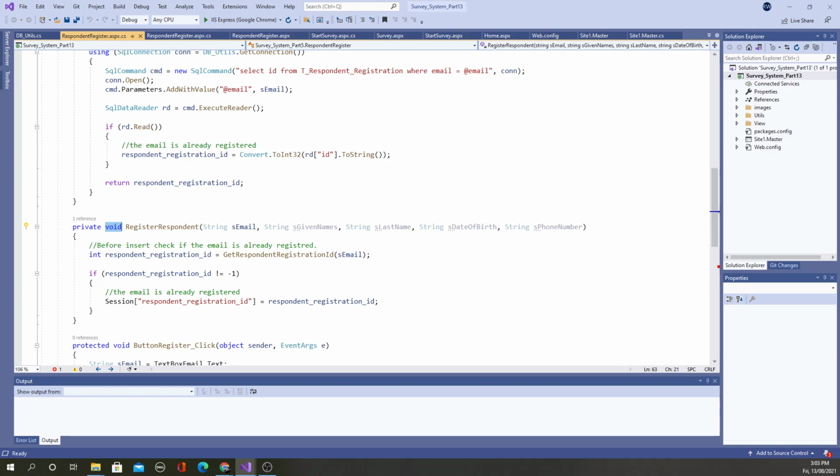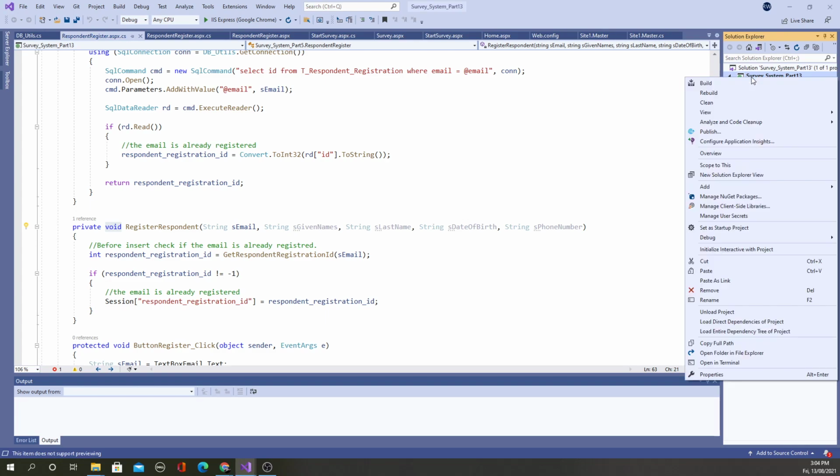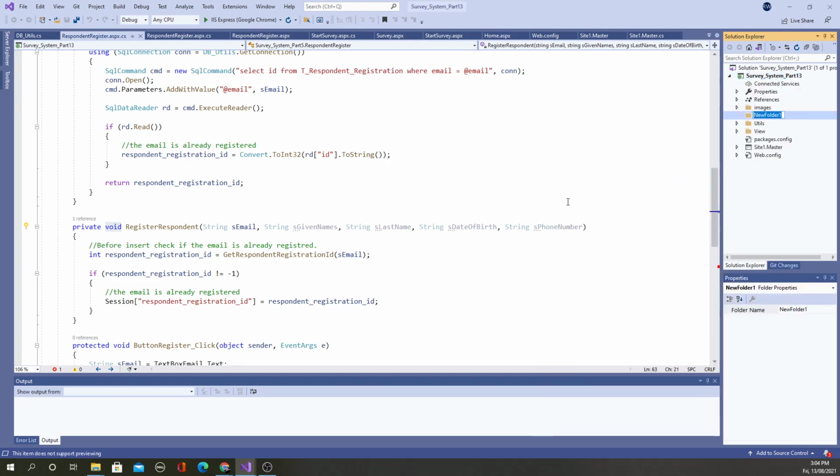So what I'm going to do now is create a DTO class. DTO stands for data transfer object. A DTO class to store the result code. Let's do it now. As a best practice, I'm going to put the DTO classes, data transfer object classes, into a separate folder, and let's call it DTO. DTO stands for data transfer objects.